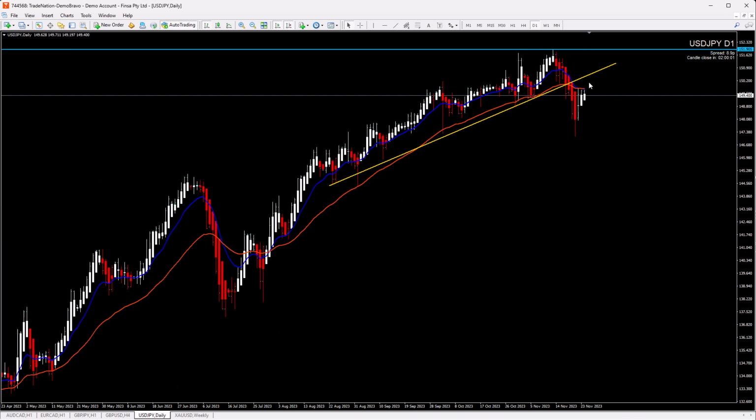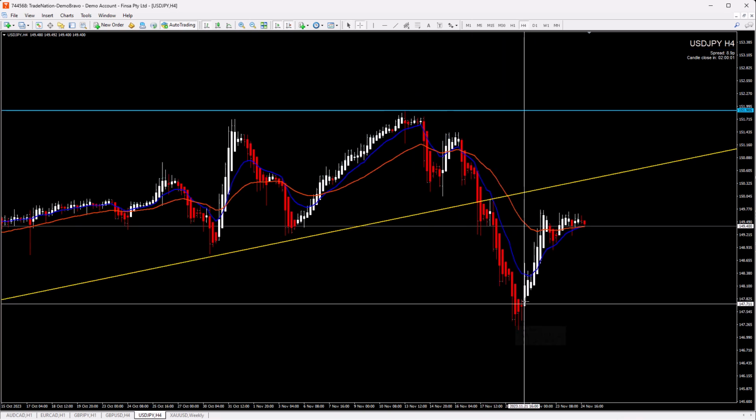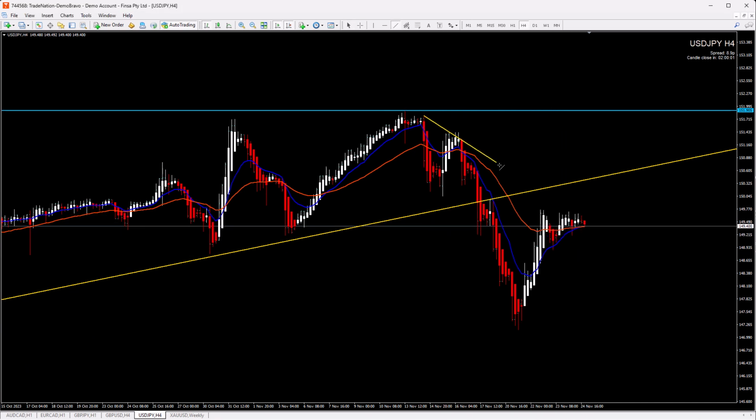Now we go to lower time frames. We had this huge down move and now price retraced and now stopped. Yes, so if we draw a trend line here, we'll see that we have this. Basically, we have a range here. So what we would like to do